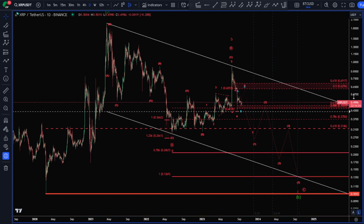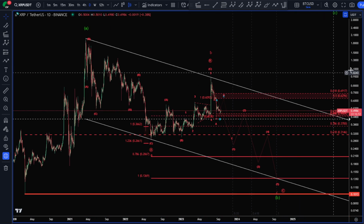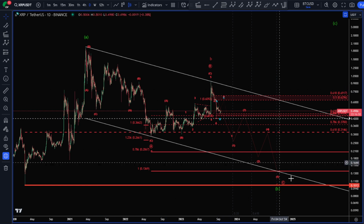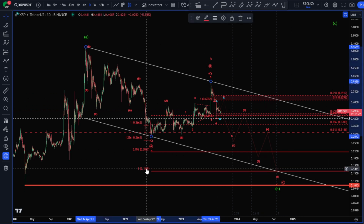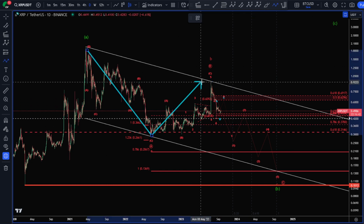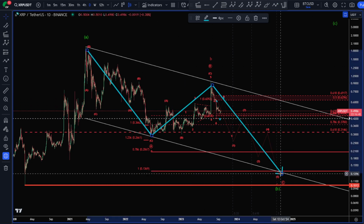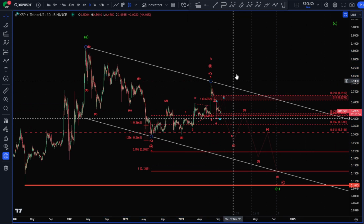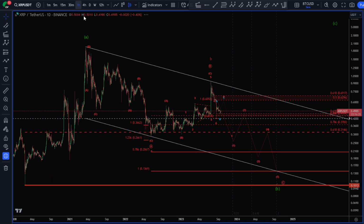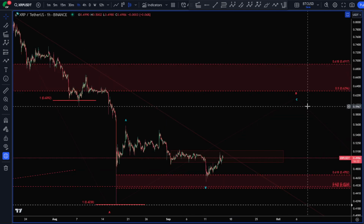What seems the most likely, because this looks so weak, is we are making an ending diagonal ABC and looking for targets at 13.69 cents, and that is where the A will equal the C, expecting a series of ABCs to the downside. Now, last video, if you saw it, I was looking for